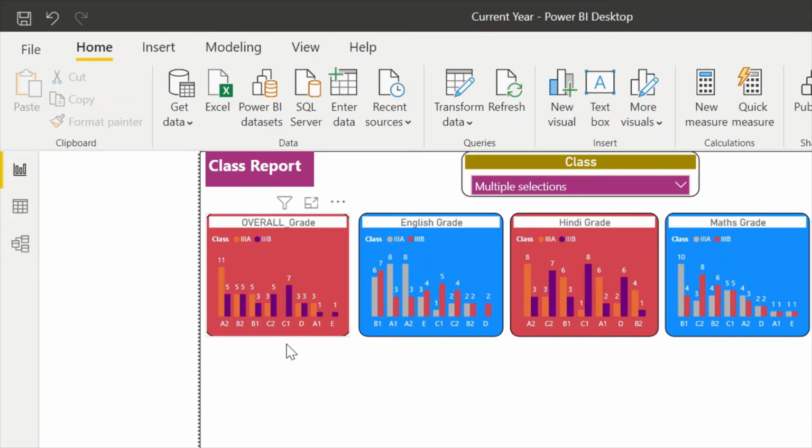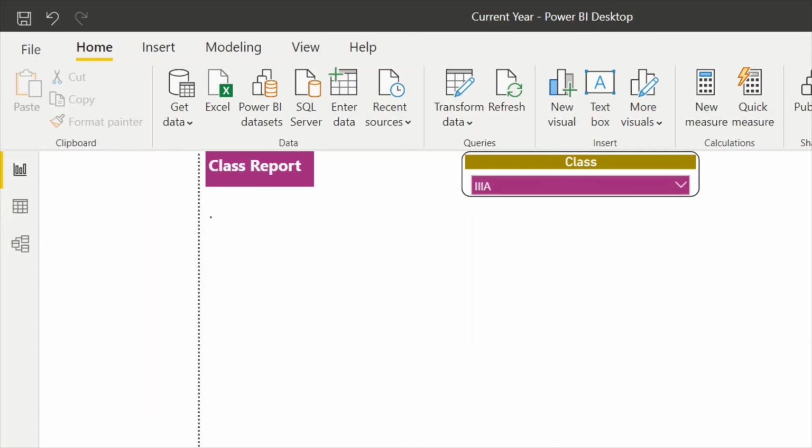then it will show for third A and third B. So any kind of comparison we can make for the whole class, and how the students in those classes are performing. If we want 5 sections, then we can also have 5 sections. Likewise, we can do analysis class-wise. And this page is for English.